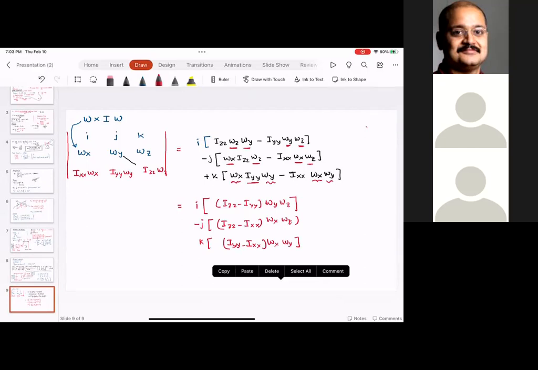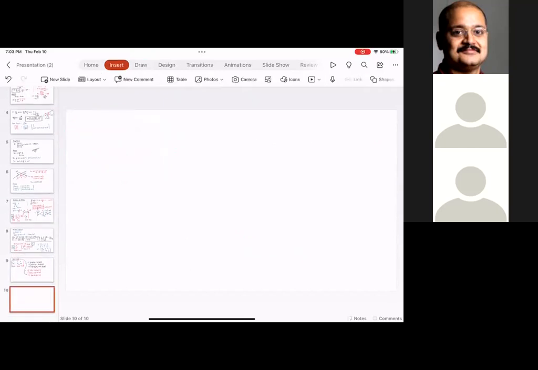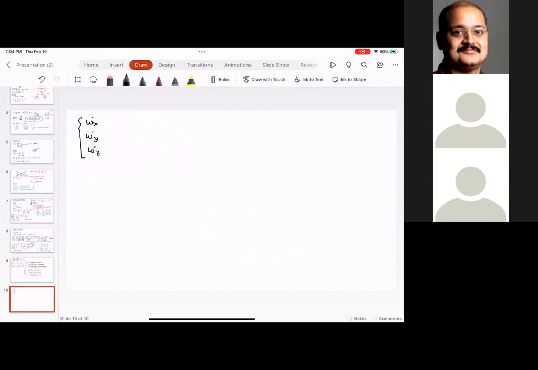Everyone understood this? This is super duper important. So this product, with all this mathematical jugglery, gives me this guy. Now what I do is I plug in these values in the previous equation, and this equation becomes omega x dot, omega y dot, omega z dot is equal to tau phi, tau theta, tau psi